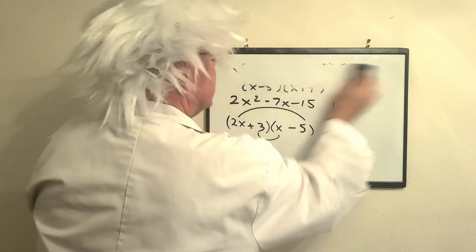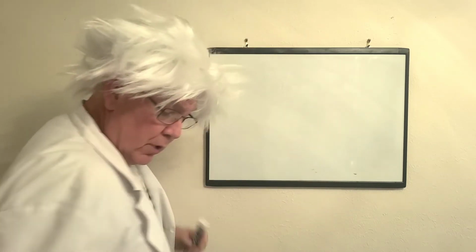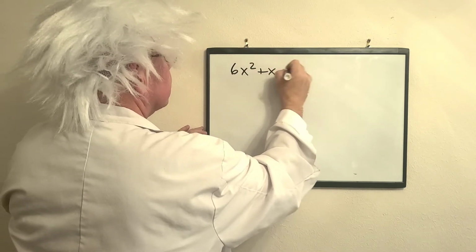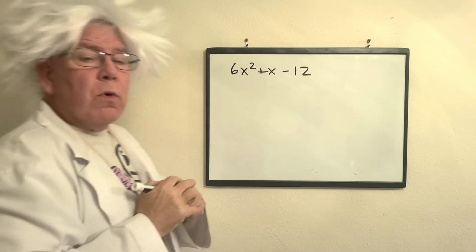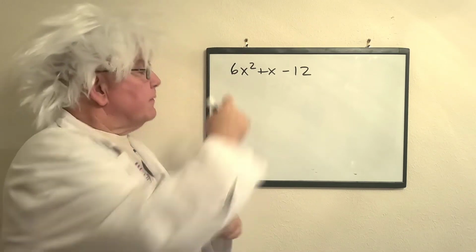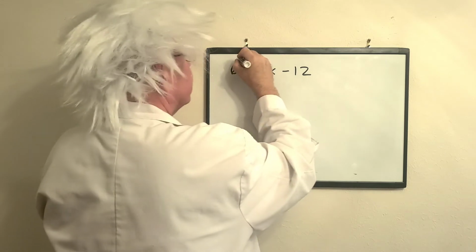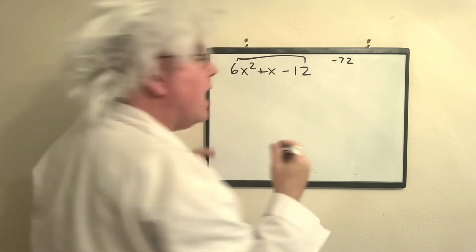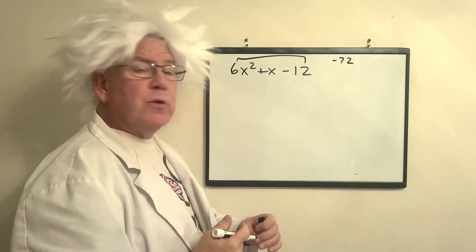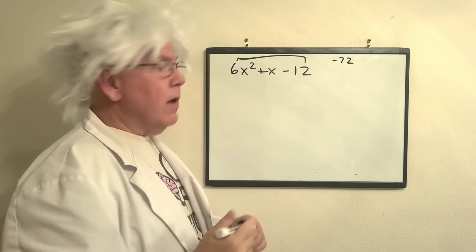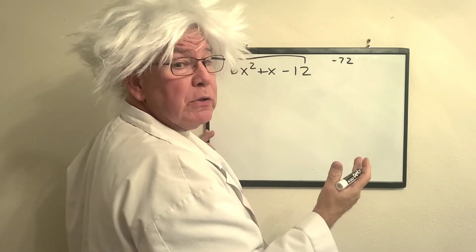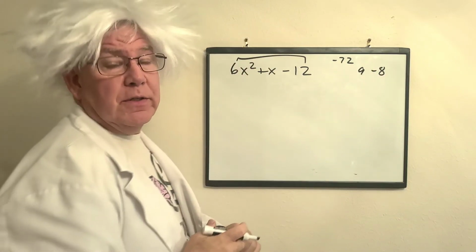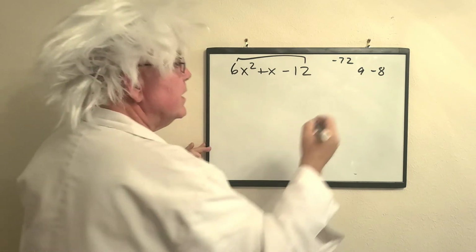Now, let me give you one, and I'm going to show you another method. Now, we're going to do this. We're going to take the first term and the last term, we're going to multiply them together. Now, 6 times negative 12 is negative 72. And now we're going to ask, what are the factors of negative 72 whose difference is 1? Now, do you know what it is? It's 9 and negative 8. Okay? So what we're going to do is we're going to create